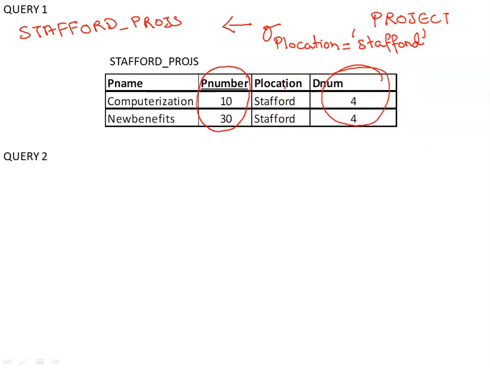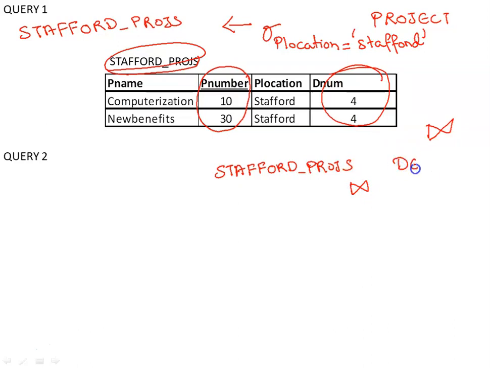Now I have to find out who is the manager of department number 4. This information is available in the departments table. So what I can do is apply a simple join operation, join this relation, that is Stafford projects, with the department relation and find out the ID of the manager of department number 4. So my query right now will be Stafford projects join with department relation.